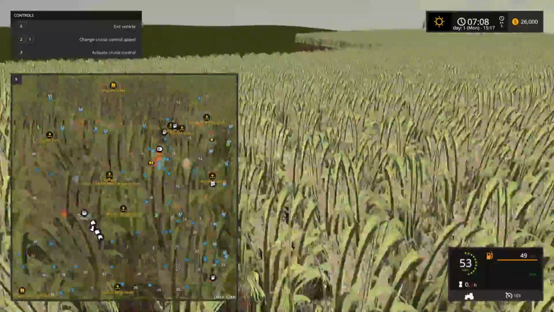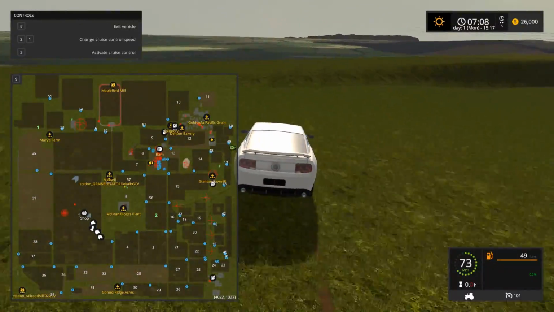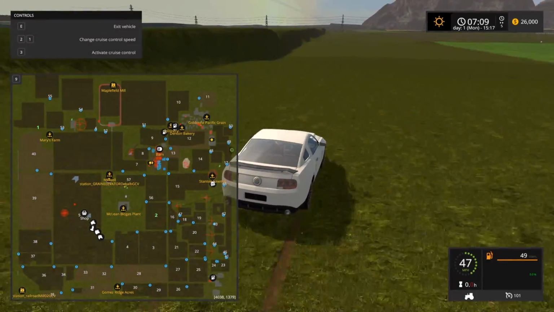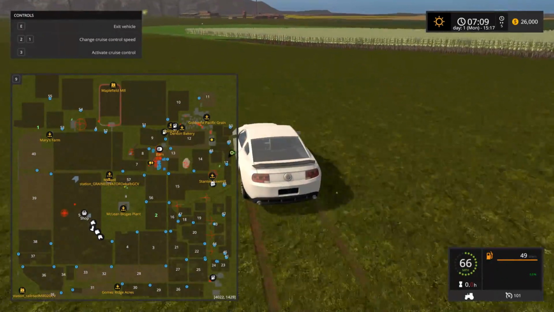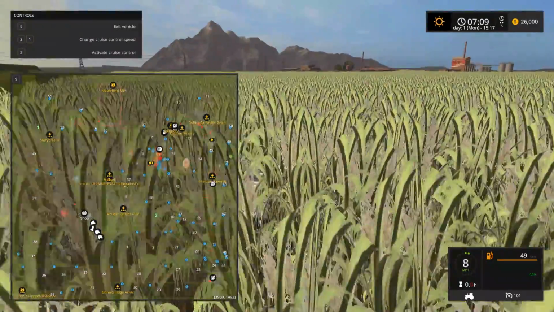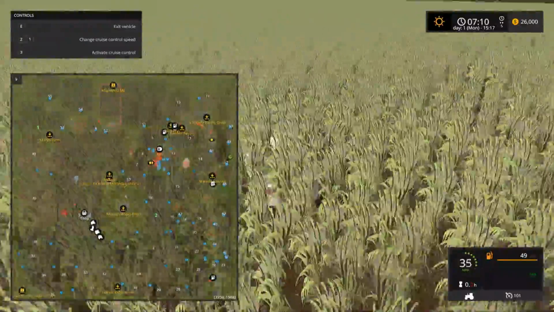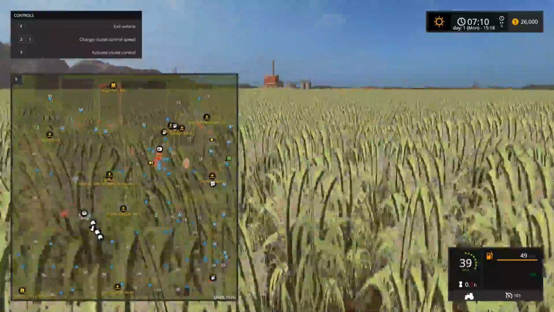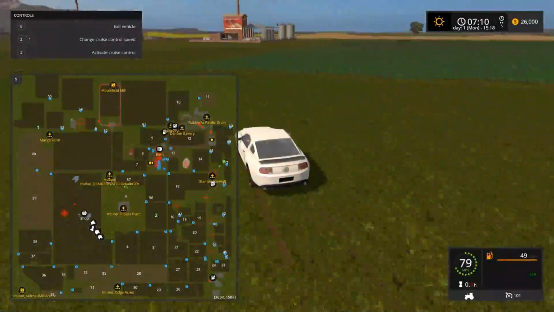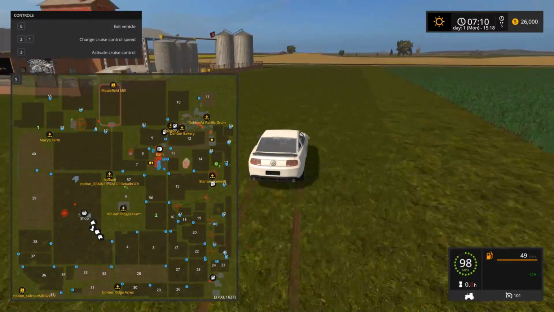So several new crop types there. Not exactly sure what crop type is on this field here. Yeah, not exactly sure what that one is. That might be the sugarcane, maybe? I could look at the map, I guess, if we needed to know, but...